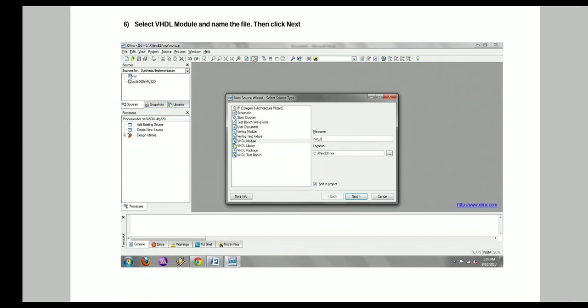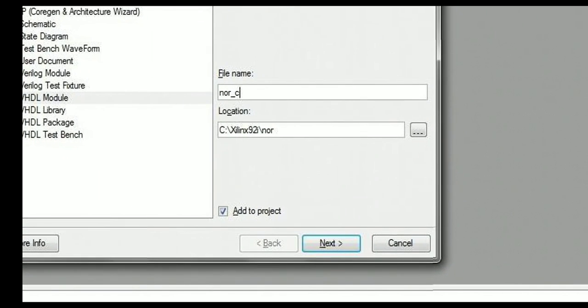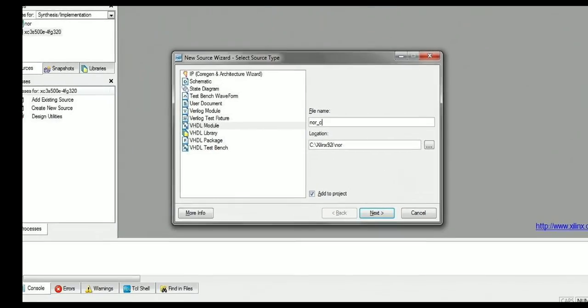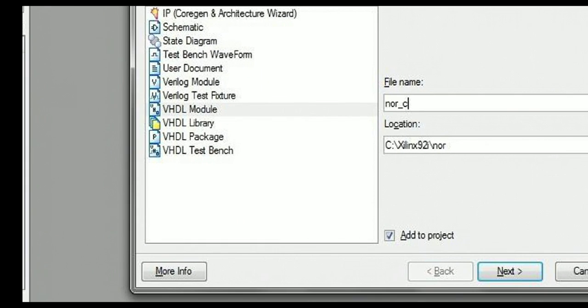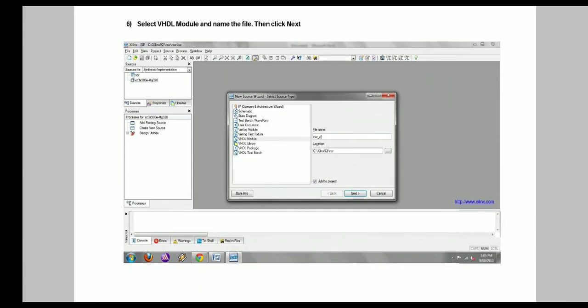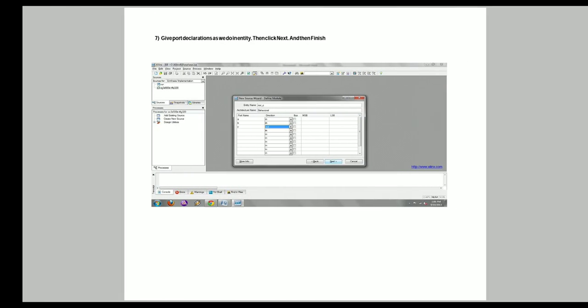So we have first created a new project, then we have created a new source in it, and the storage location or destination location we have already decided. Now we have given a name to our entity as nor_c, and the location is already predefined. And we are using the VHDL module. This is important again: if you want to use Verilog, then go for the Verilog module. The option is given in this menu. So this is about step number 6. Now the next step is, now